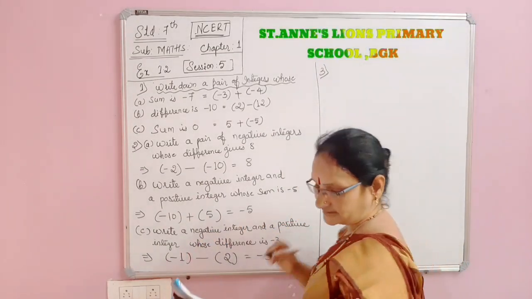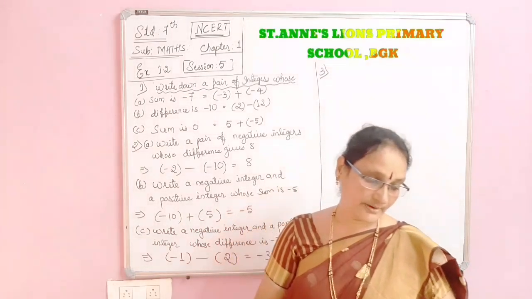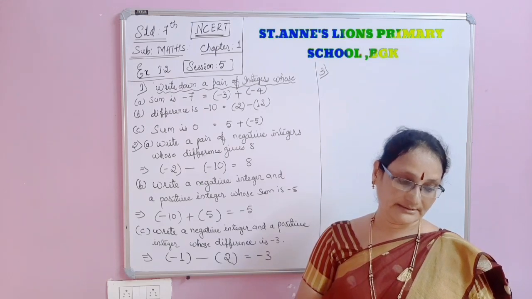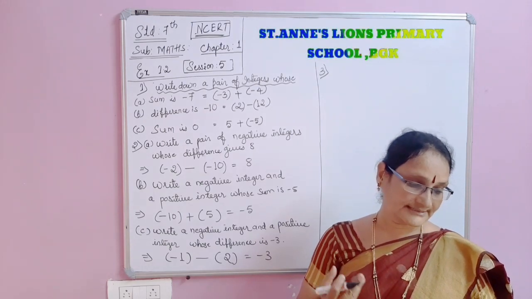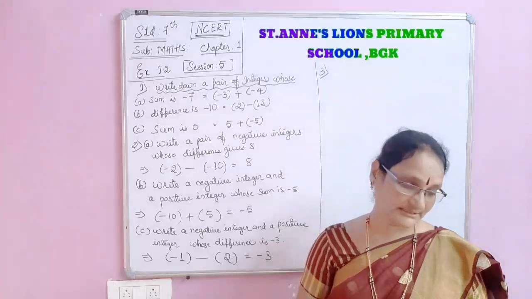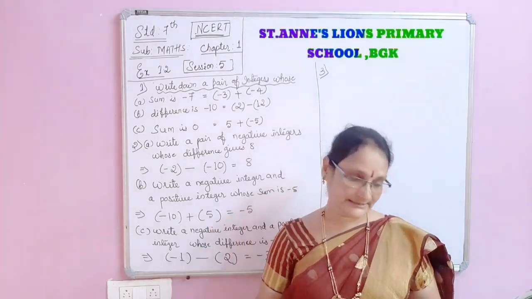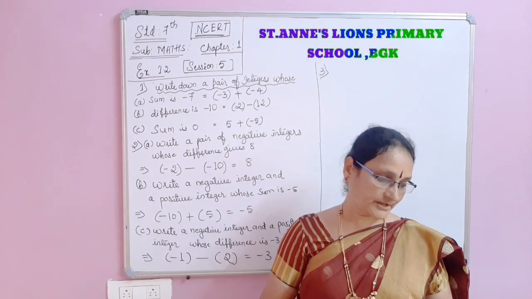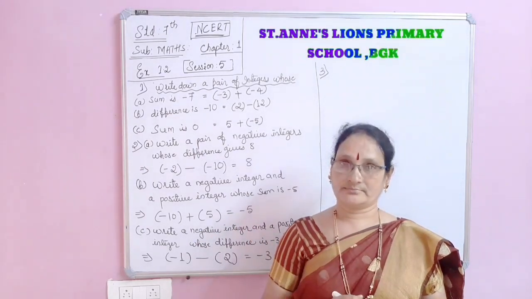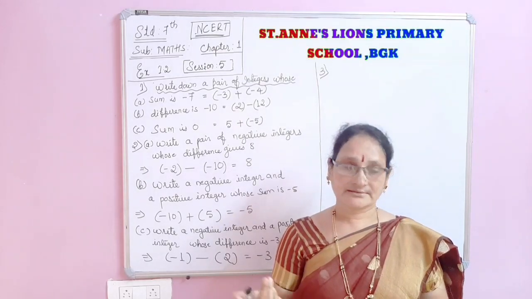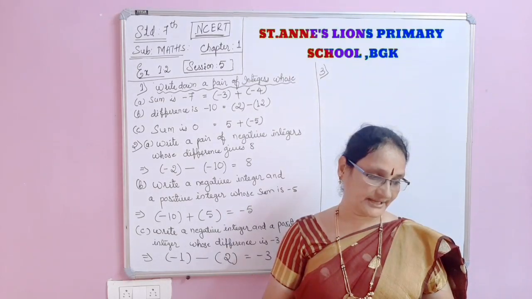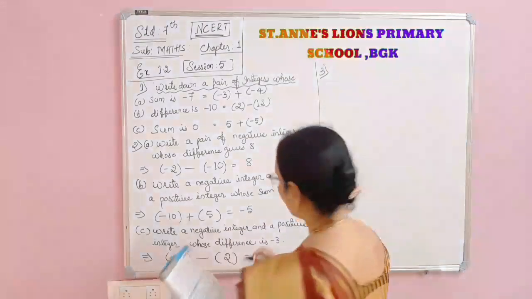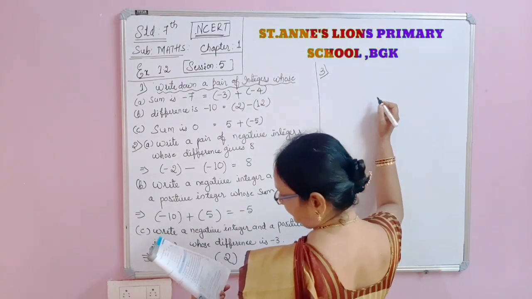Now in a quiz, team A scored -40, 10, 0 and team B scored 10, 0, -40 in 3 successive rounds. There is a quiz in the school. Team A and team B are there. Team A scores are given. Team B scores are given. Which team scored more? Now we have to add and see. Can we say that we can add integers in any order? Yes, in any order we can add them. So the scores of team A.